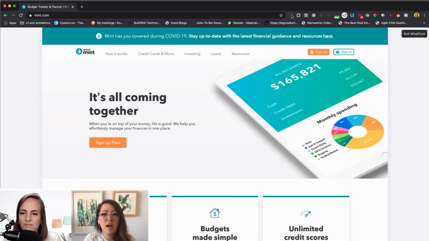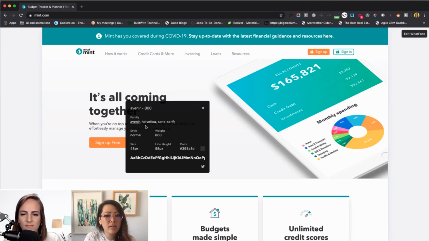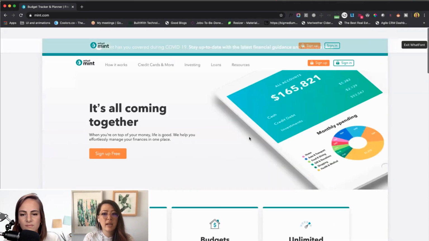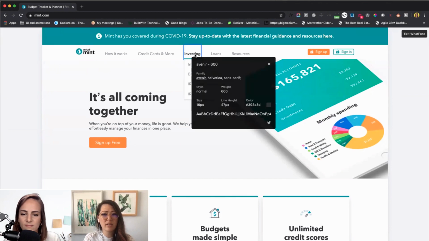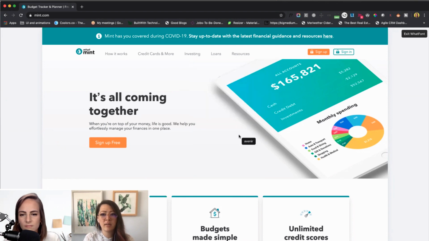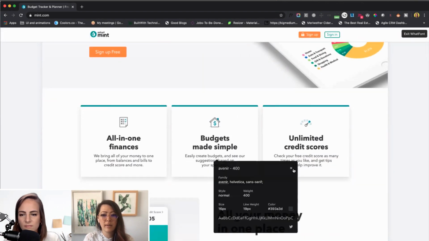And when I unlock that, and every time I hover, you can see it starts to say Avenir on there. If I select it, it'll give me a lot more information on that typeface. Super helpful. It can give me color, weight, size, and so on. So now I know it's Avenir. Okay, that's an accessible font for me to use. So I'm going to use that. Now I'll start to click around, like, what is the body font looking like? Sometimes body is different. It looks like they just use Avenir. All right, so that'll be easy.